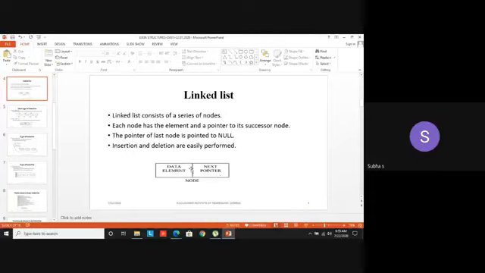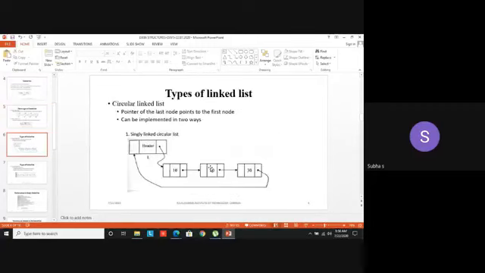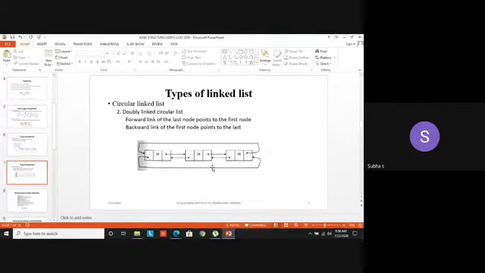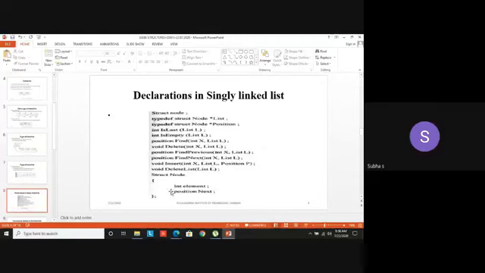So I can't use both integer data types or both float data types. Only the element can be integer or float. But the next one is the pointer, so it should be an address. So it must be a pointer variable. So we have a combination of two data types. For that, you have to use a structure. You have to declare a structure for a particular node. If I'm using 10 nodes, I can have the collection. Using the structure, you have to create objects. I have mentioned that in the last part of the slide.